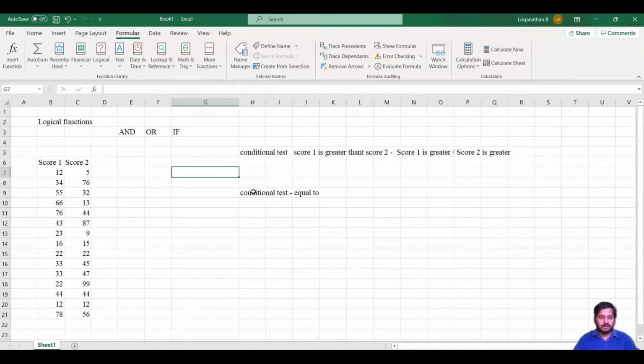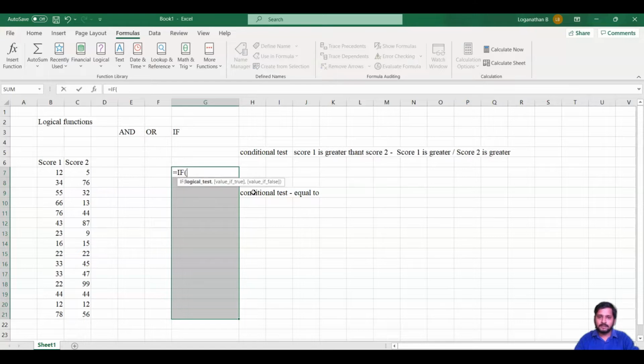cell G7. I press Shift down arrow key and I press equal to, then I type IF. Then I press Tab. The 3 arguments will come up. Now we have to test the same thing, whether score 1 is greater than score 2. I press the left arrow key and select cell B7. B7 is greater than C7, right? Then comma, and the value if it is true, I will type Score 1 is greater. Then if the condition is false,